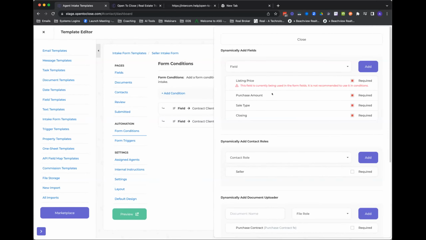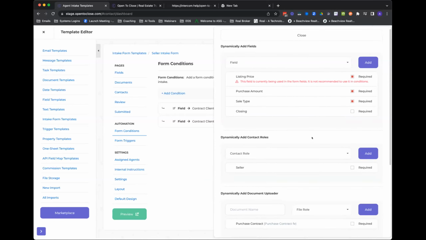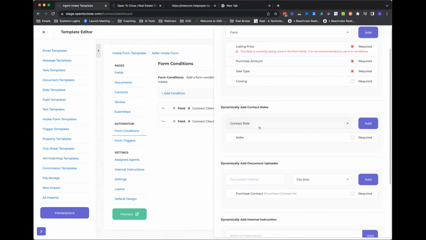But so if it's a seller, I want purchase amount, sale type. Maybe these don't make sense, but I'm just kind of giving you, if it's a seller, these fields will pop in. And they'll be required because I checked the required on these for the agent to fill out as they're filling this. The form becomes dynamic, right? It builds. Contact roles. A cool thing that you can do on this is you could say, if there's a